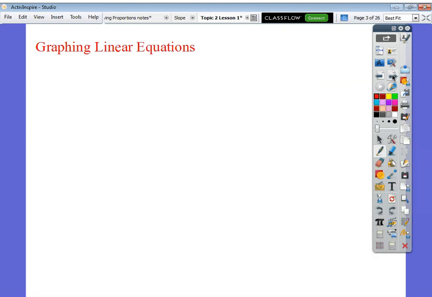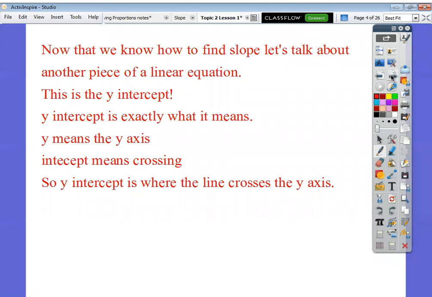Equations. This is super, super, super awesome. My favorite time of the year. All right, so now, yesterday we learned how to find slope, right? Well, let's talk about another piece of a linear equation. And that piece just happens to be called the